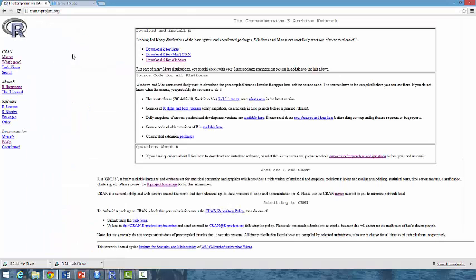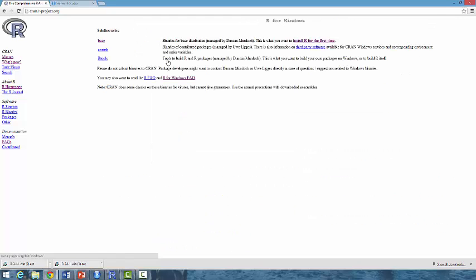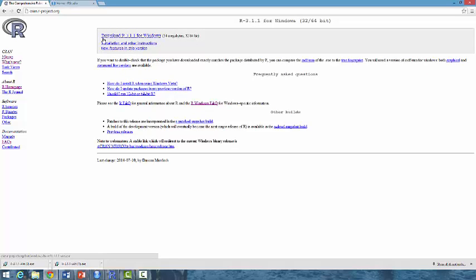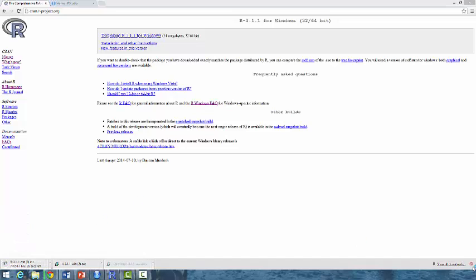So once you've clicked on the website, you need to download for your operating system. In this case, I'm going to download for Windows. You then need to click on Base, which, as you can see here, is where you install R for the first time. This will take you through to the option to download R 3.1.1 for Windows. Now this is the most current version of R. So if we click download,